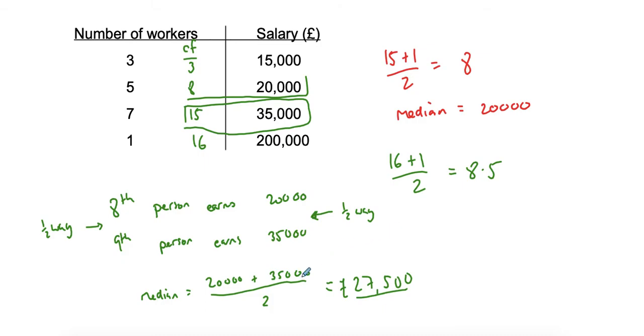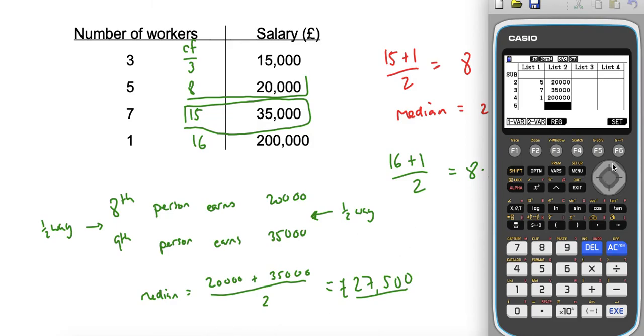The other thing, which is something that we'll come on to more and more, is the idea of which average is better. So if I put this data into my list and then found my one variable statistics, you'd find that the mean,